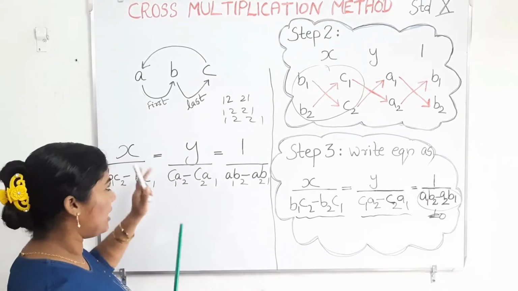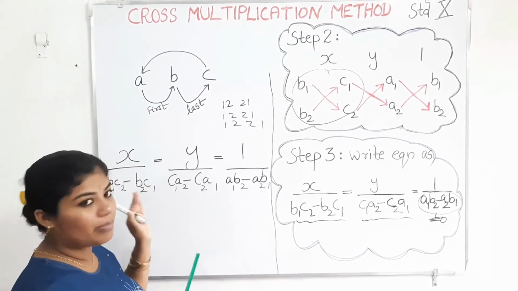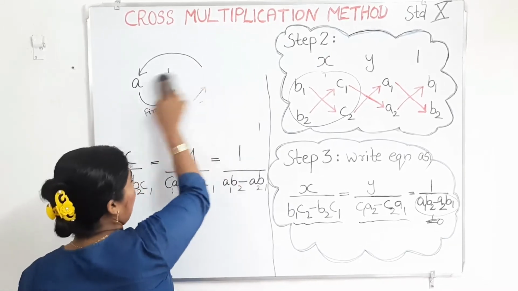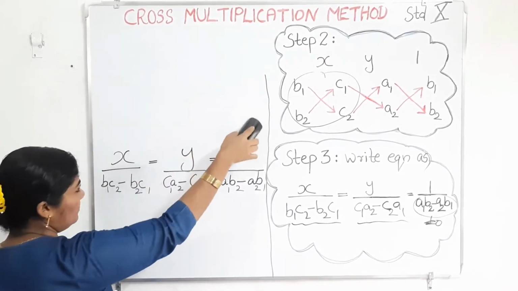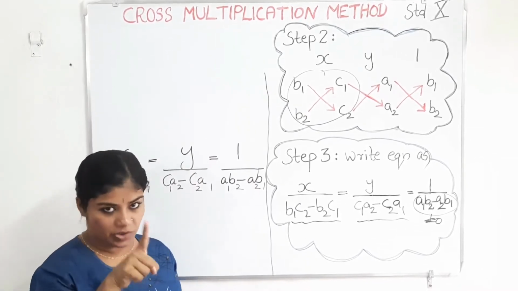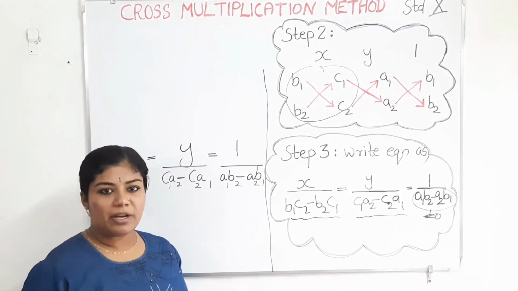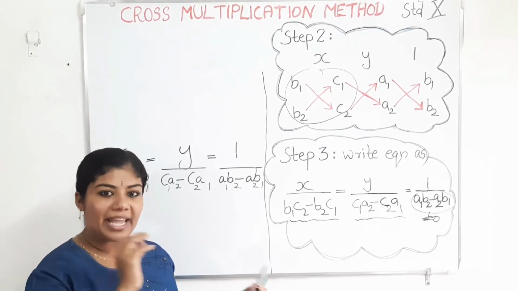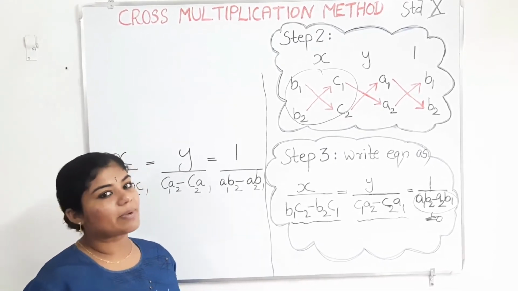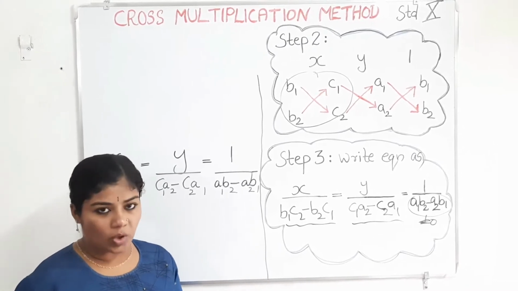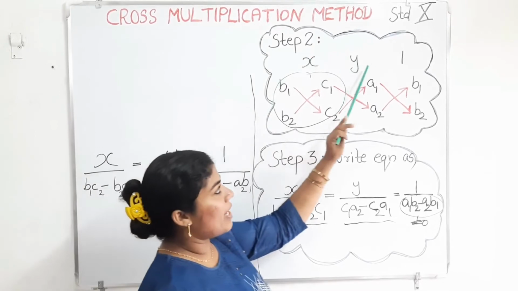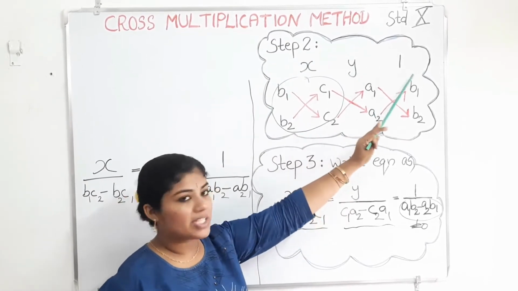Anyway, I am going to tell you once again, so that you have a clear idea. What we did is directly write A, B, C. First you have to know what a linear equation is, and what a pair of linear equations is. You have to know A1x plus B1y plus C1 equal to 0, A2x plus B2y plus C2 equal to 0. That you should remember. Then this x, y, 1 is on the first line.